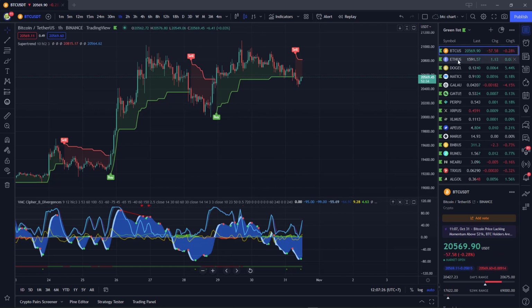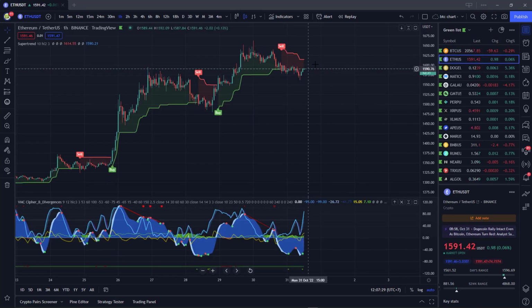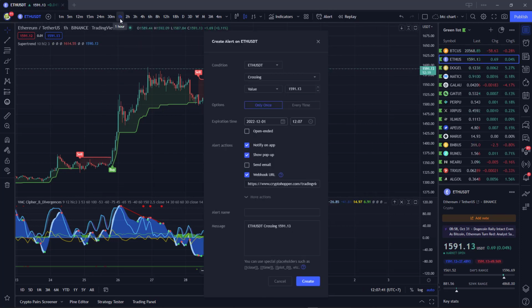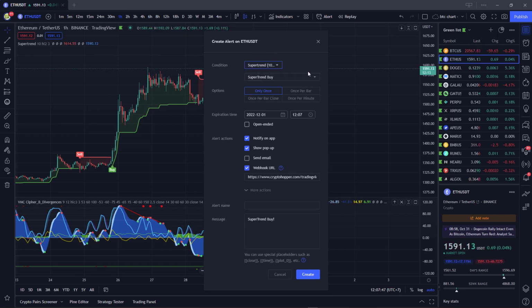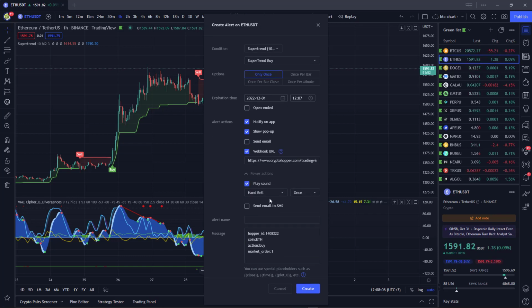Let's have a look at ETH. Is ETH doing the same thing? We might get one. Let's do ETH now. Alright, I'll show you how to edit the code on the 1 hour. Alright, so let's set the alert. This is the 1 hour. I know I said I was going to do 5 minutes, but just for this one. Supertrend buy, correct, and only once. Webhook URL. Let's paste in that code. Now what you've got to remember is we're not buying BTC. Edit the code for the correct coin. Alright, let's have a little handbell. Okay, go,